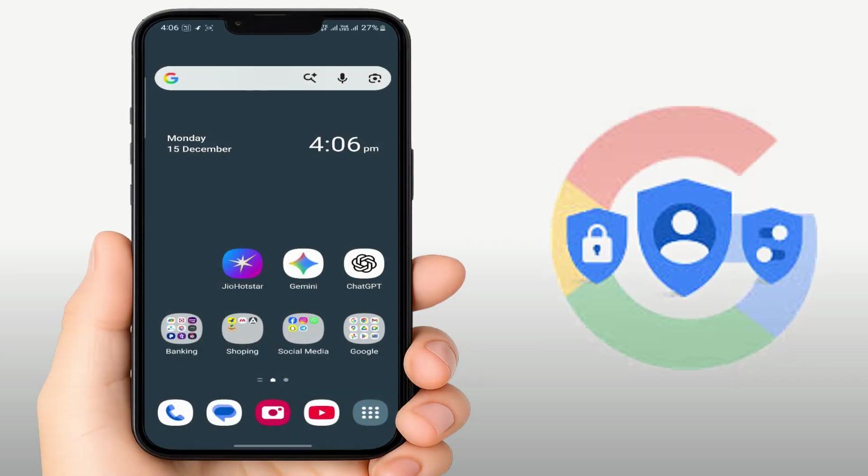Are you sure your Android phone is not tracking you right now? Most users don't realize how many apps silently access their data. In this video, I will show you hidden Android privacy and security settings that can stop Google tracking and protect